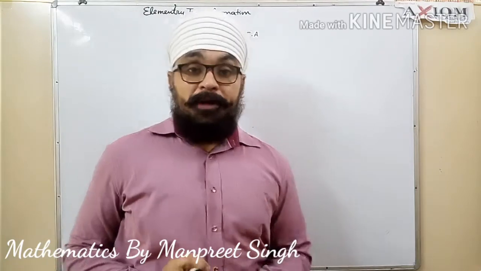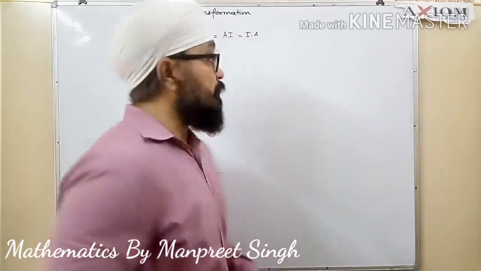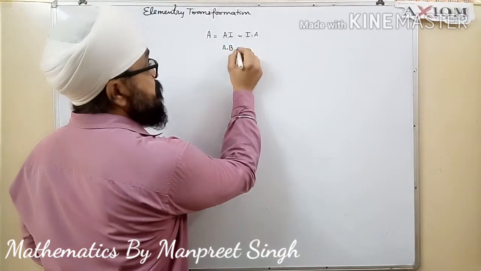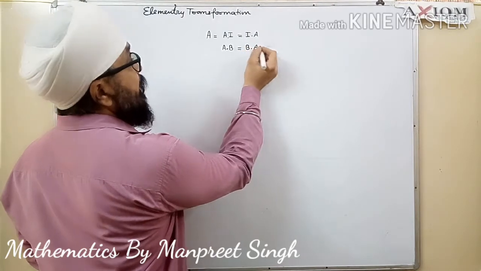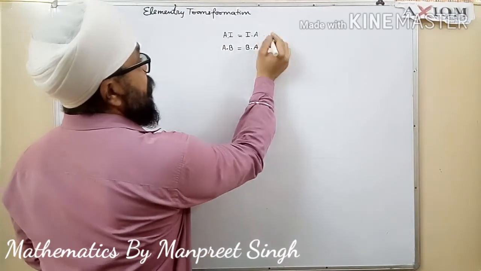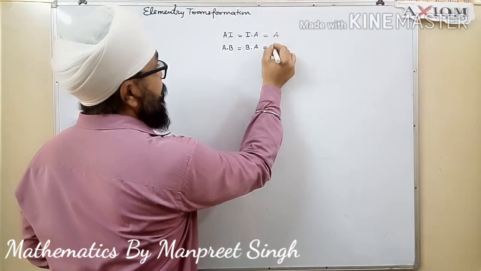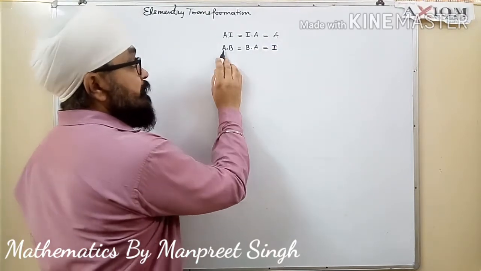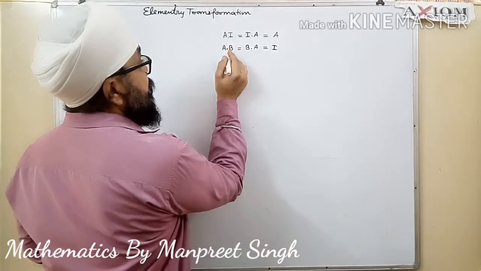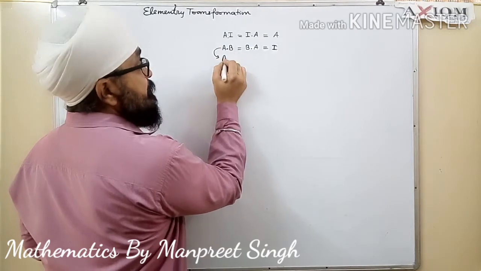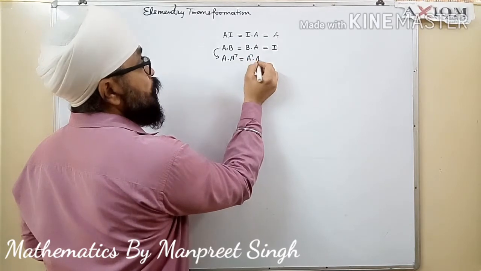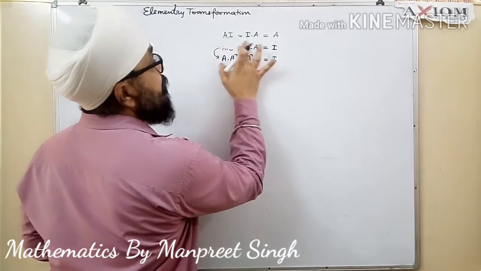Now this is the important property, and if I go with the definition of inverse, it says matrix A multiplied by another matrix B, or matrix B into A, we get the identity matrix. I am writing it the other way, don't worry about that. If that is the case, then A is said to be invertible and B is its inverse. So this definition can be written as A into A inverse, and A inverse into A, is equal to I.